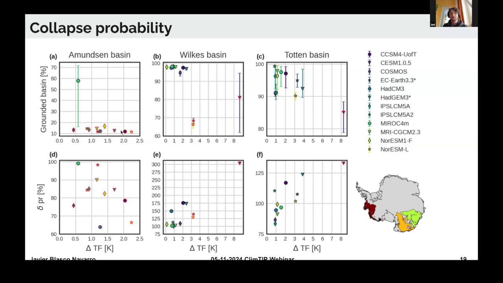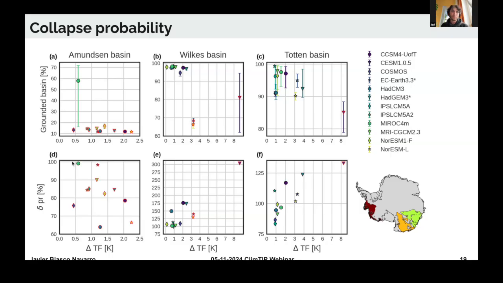So what is different with this model compared to the rest of the models? Well, we observe that the precipitation anomaly is almost 100%. This means that precipitation is similar to present-day fields, whereas in the rest of the cases the precipitation is lower than in the present-day case. So we draw the conclusion that these cases, although they have a lower oceanic anomaly, because they also have a lower precipitation, the Amundsen Basin tends to collapse. However, in the case of MIROC-4M, we see that although the thermal oceanic anomaly is 0.5 degrees, because we have a precipitation field almost 100% equal to present day,